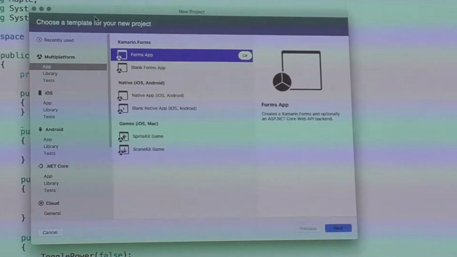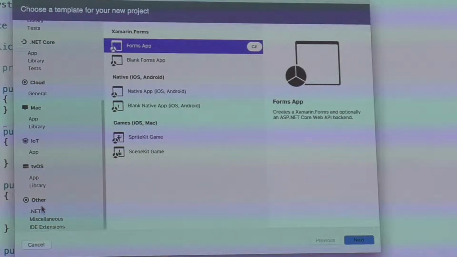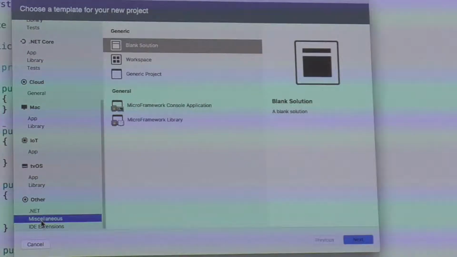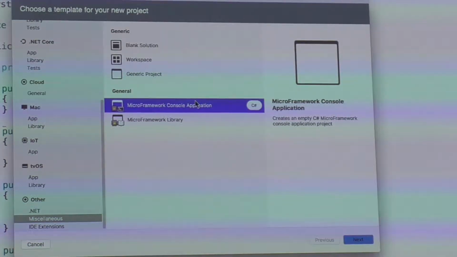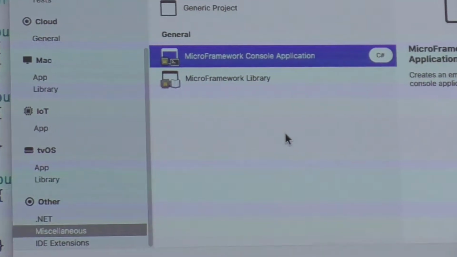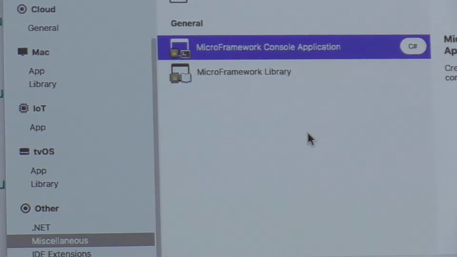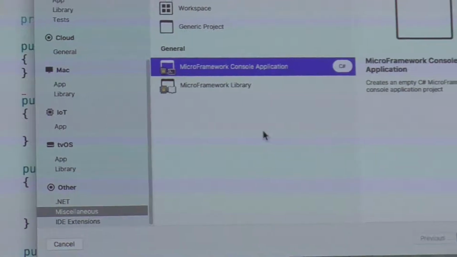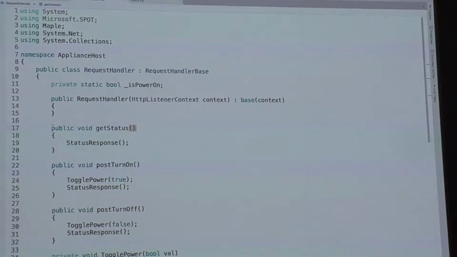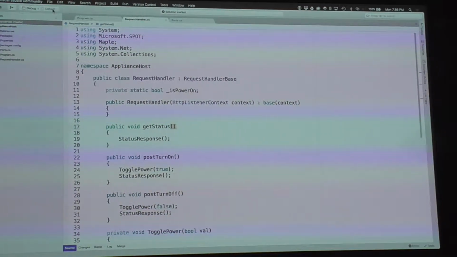Once you've installed the SDK, you can go in and choose, I think it's in Other, miscellaneous, yeah, so Other, Miscellaneous, Micro Framework, Console Application. And that is the application that you actually deploy to your Netduino. And deployment is very easy. With your Netduino plugged in to the USB, then it shows up here. You get a drop down that would show your Netduino, and you just select that,